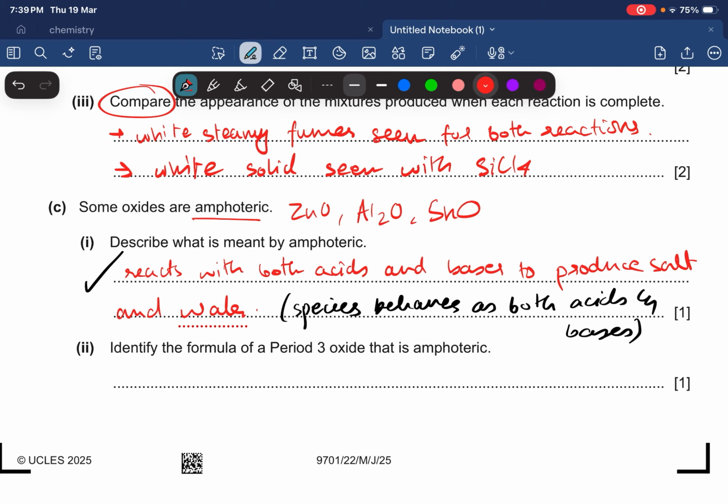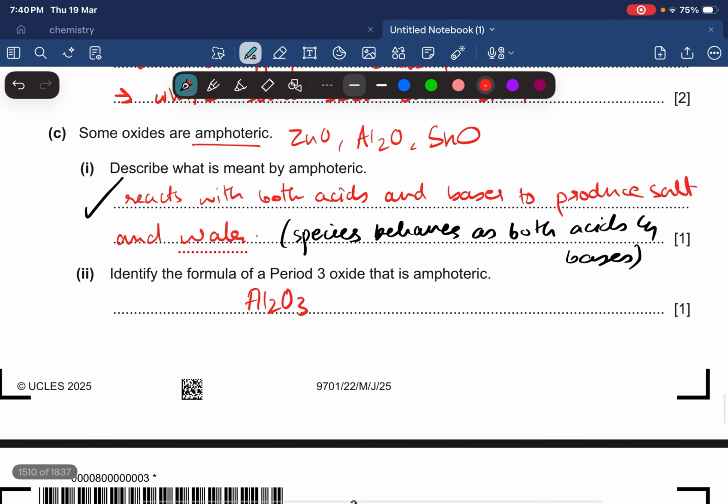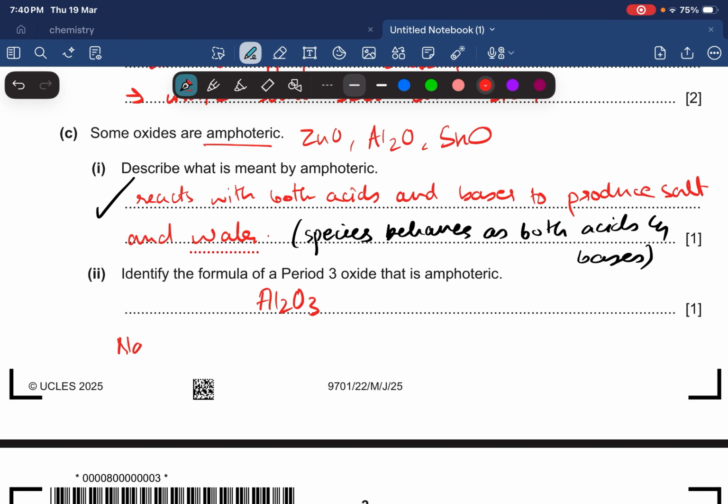No worries. Identify the formula for the period 3 oxide that's amphoteric. I just told you it's aluminum oxide that's amphoteric, and that's the formula for it, Al2O3. Just learn the formula for all period 3 oxides. Sodium oxide, magnesium. You don't need to learn the formulas. I guess that's elementary school science. Aluminum oxide, sodium, magnesium, aluminum, silicon,